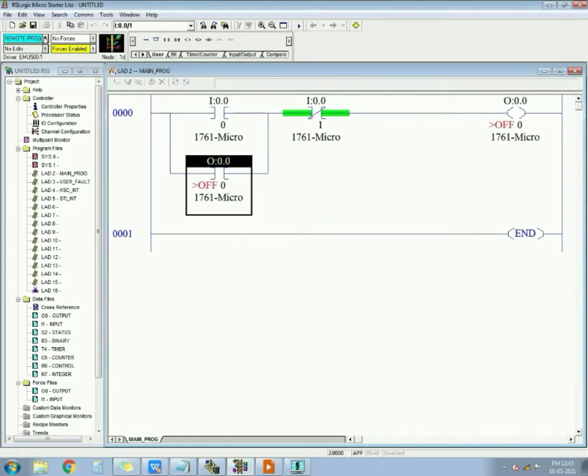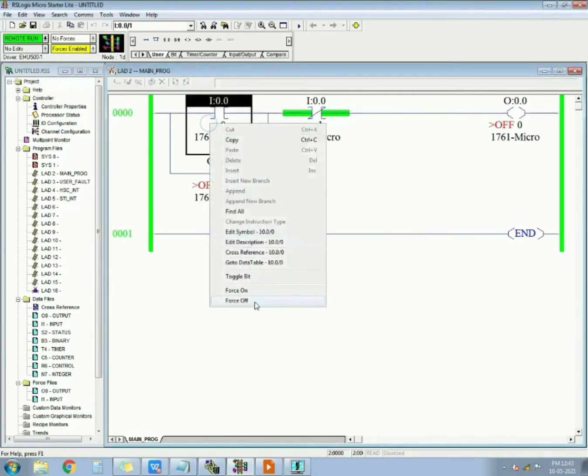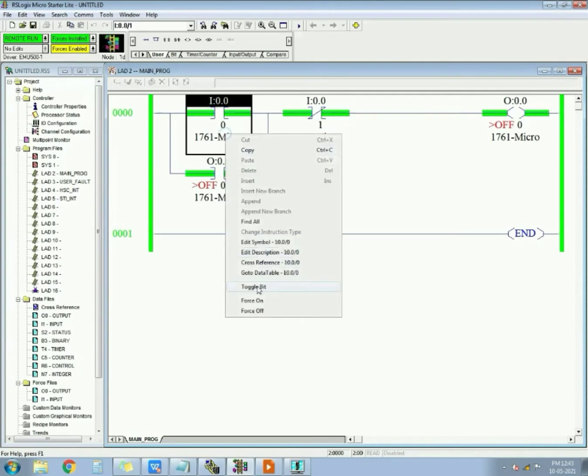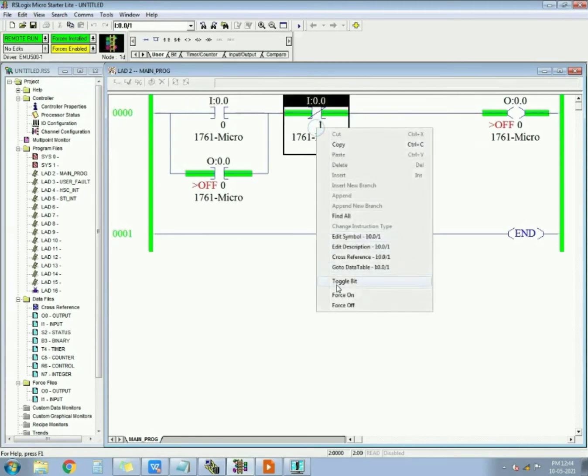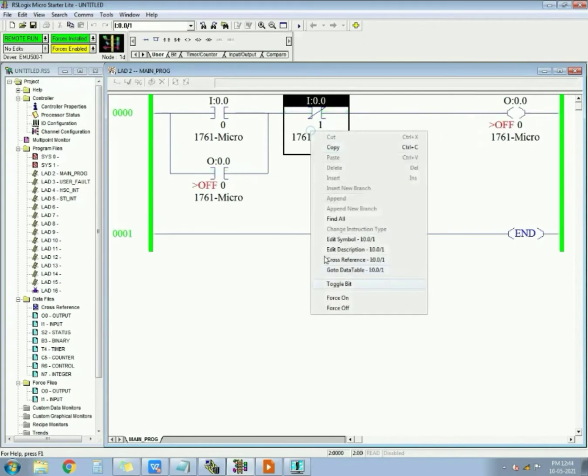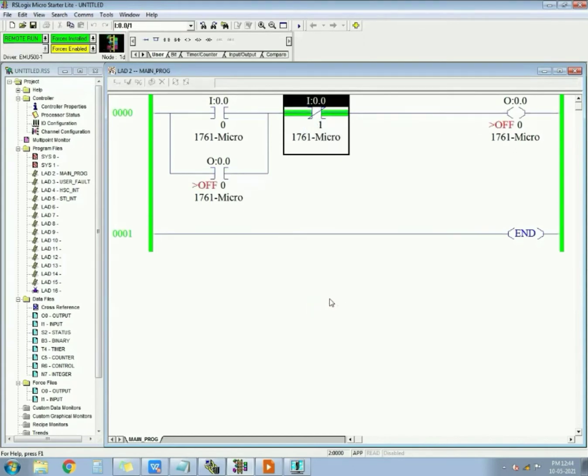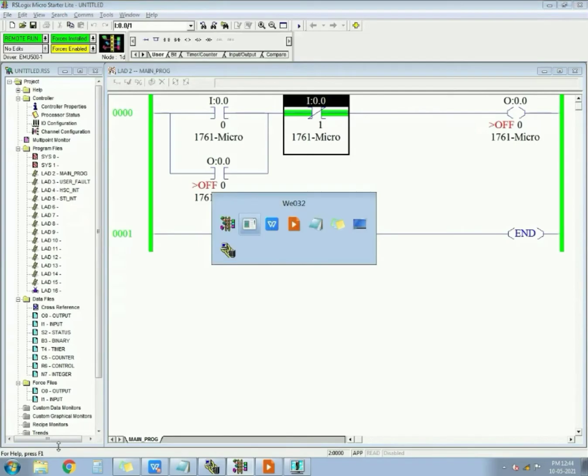So just run the program. When you force on and force off, I have explained in the last video why I am using force on and force off, so you have to check that video. Force on and force off means it is working as a push button, when you press and release. And this output is getting latched. This is working as a stop button. When you press this, it will unlatch the output. I have explained this latching and unlatching formula in the last video. So I will go to this chart.